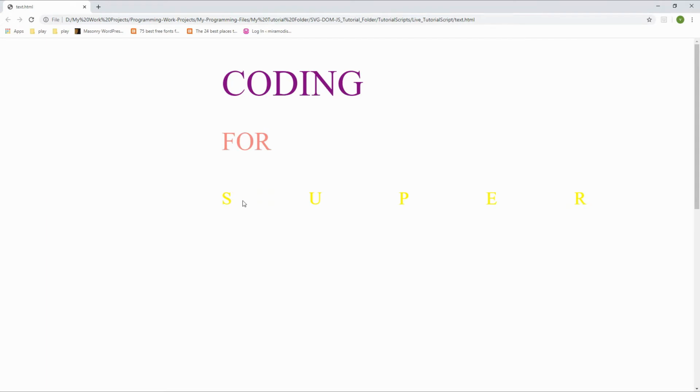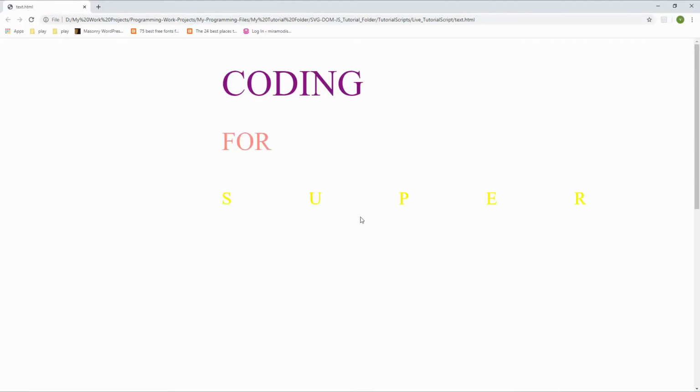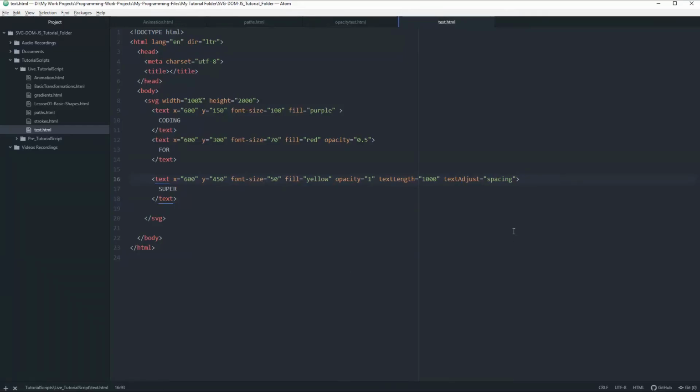So this is what happens. You see, so now the text has been stretched to cover 1,000 units across the page. So this is what you would get, and maybe I'll move it just a little bit so that it can be a little bit more centered, because I think by default it has an anchor which is in this corner, so that's why it's starting to basically stretch from that point to that one. Or rather, instead I will leave it like that for now. Okay, let's just leave it like that, and I will create another